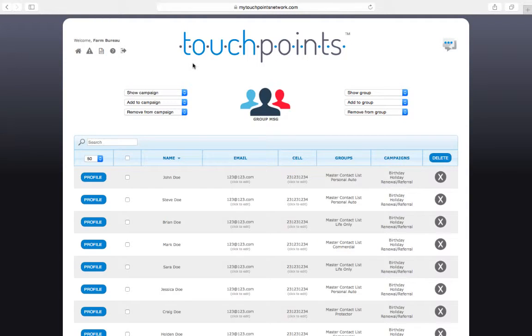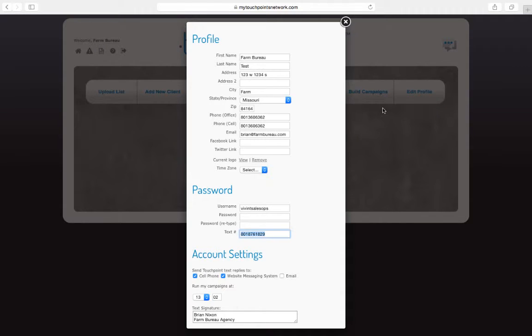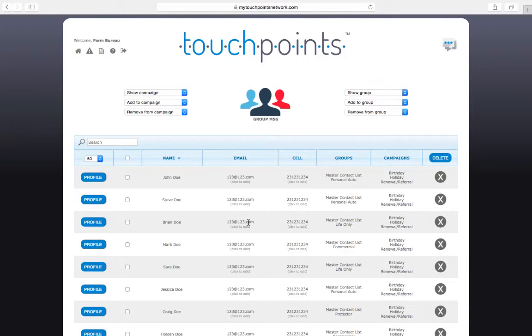The other feature is what we call an opt-in marketing feature. Now, that new number that I told you each account receives, again, any area code. If the agent's cell phone is using an 816, they're going to want an 816 TouchPoints texting number, a real working number. If that particular agent has a Farm Bureau Facebook page, go ahead and advertise. And if people want more information, they can text their first name and email to your TouchPoints texting number. And what will happen is people will essentially opt in. They're going to text in, and it's going to create a new profile